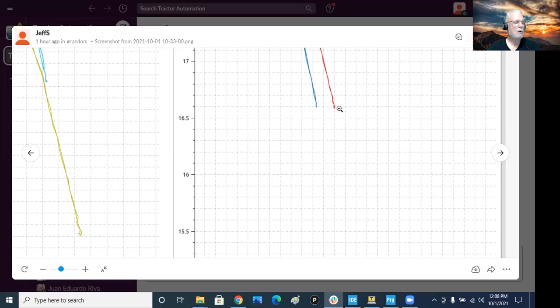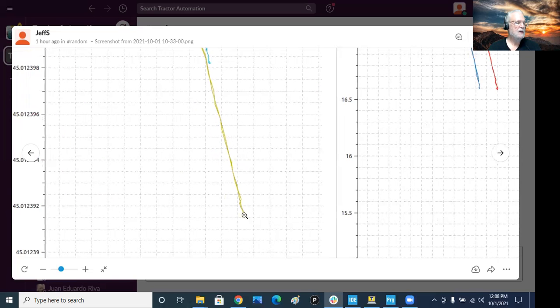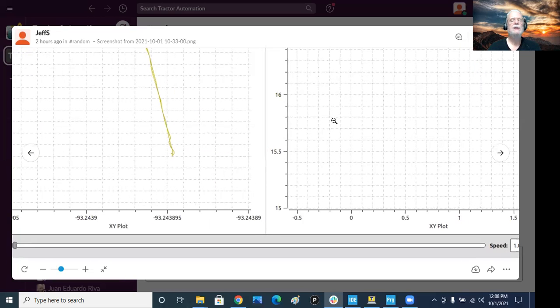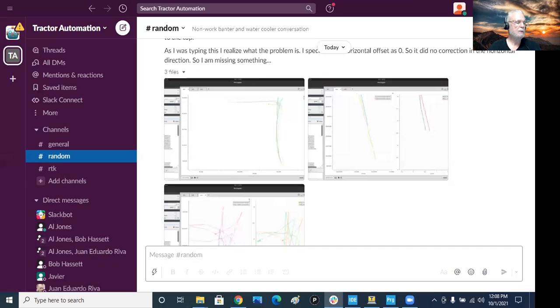But see, there's still a horizontal or an X offset here. And I think, again, if you look at here, it's the X offset between here and here. So somehow I'm missing part of the equation because I need to rotate both of them and not just the one. And the reason only one of them gets rotated right now is because,